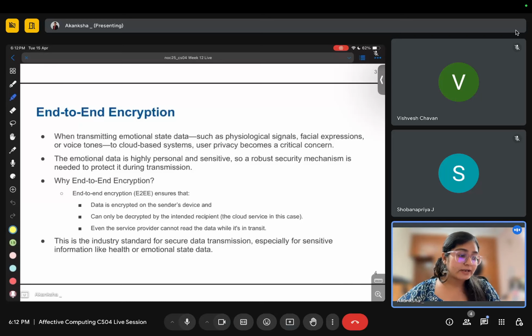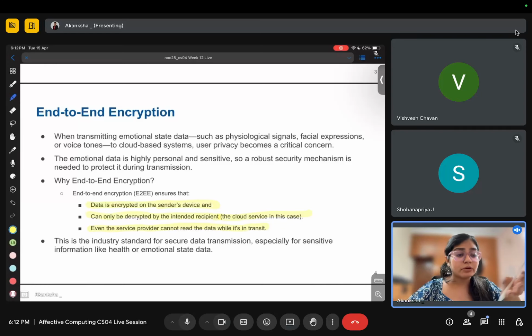Because when data is encrypted on the sender's device, it can only be decrypted at the intended recipient. So basically, in between, even if you trace the data, you won't be able to understand what is there. And even the service provider, like if you're using a network, like Jio, or कोई भी सर्विस प्रोवाइडर है, Airtel, they don't know what is being transmitted.